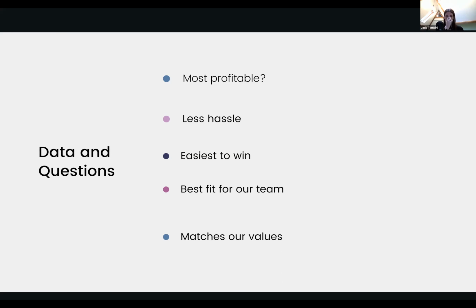And so that's another one to think about. Best fit for our team, you know, what experience do our experienced professionals have? And then also the last one, I don't want this to sound too fluffy or brandy because I hate using jargon, but like, matches your values. And I mean that in the sense of matching how we like